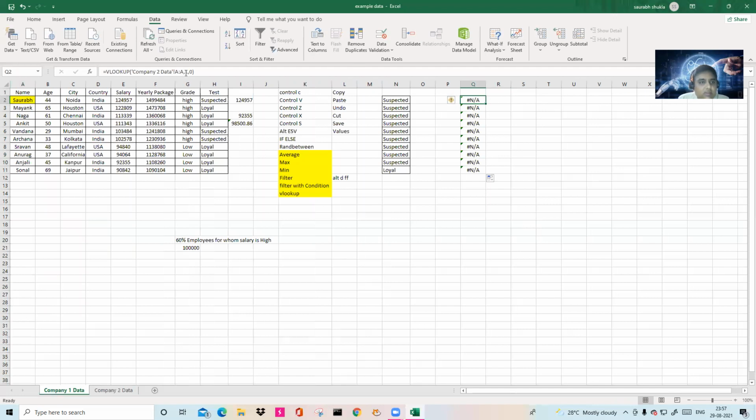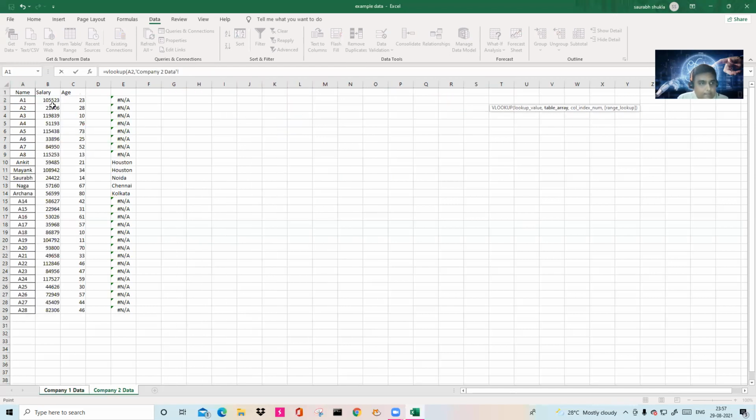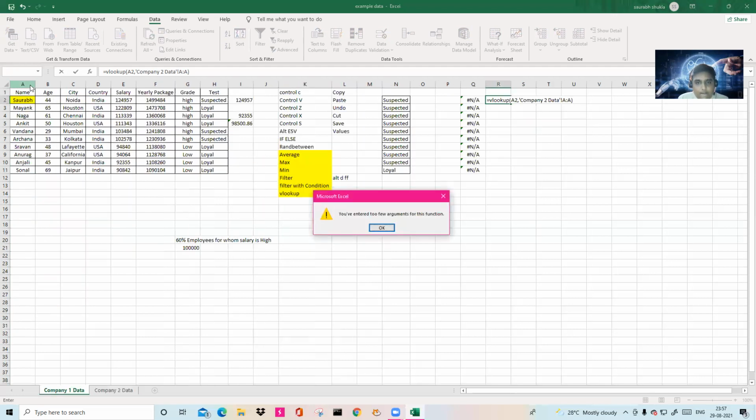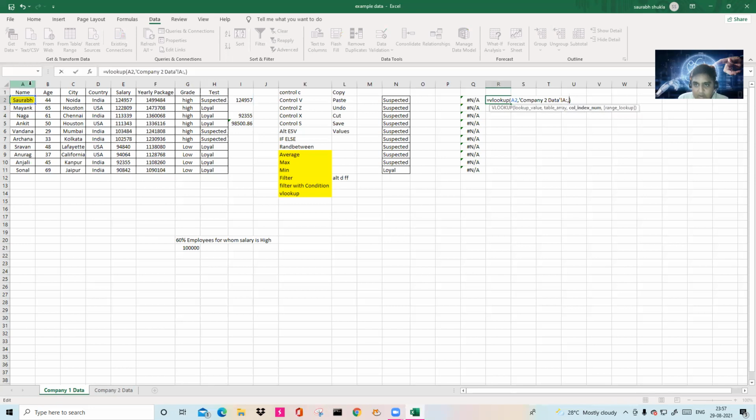So how? Okay. We look up the function here. Here we have to give the argument, comma 1, 0.